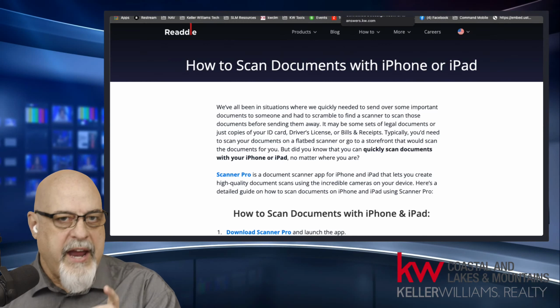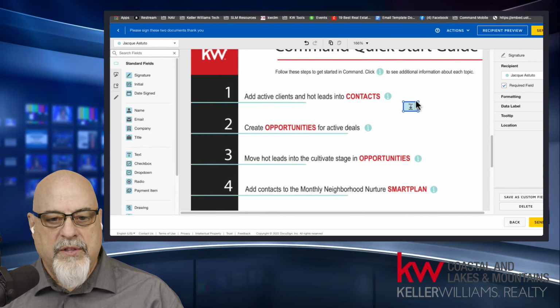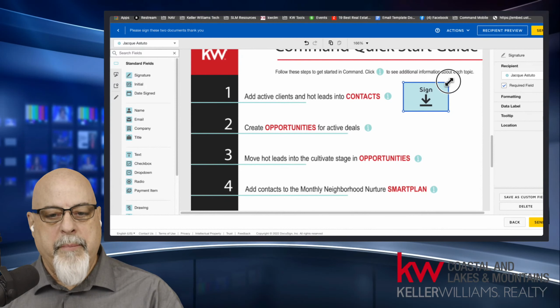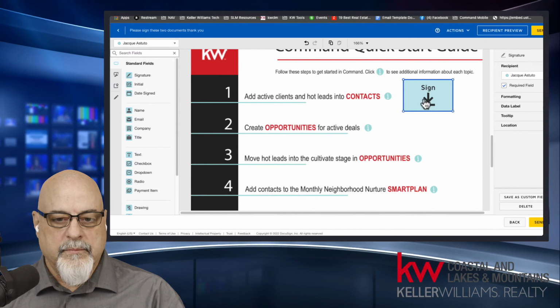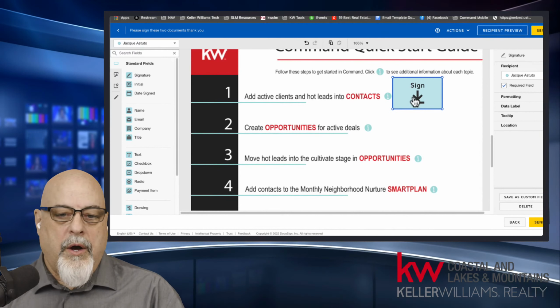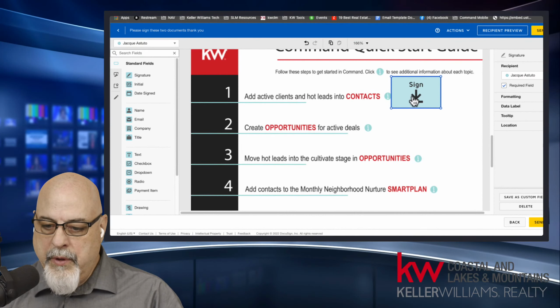So if your scans that you've got of documents are so large that you cannot make the signature fields big enough, it's the document size that's the problem. You need a better scanner. And by the way, that program is free. Okay, so now that we've talked about that,